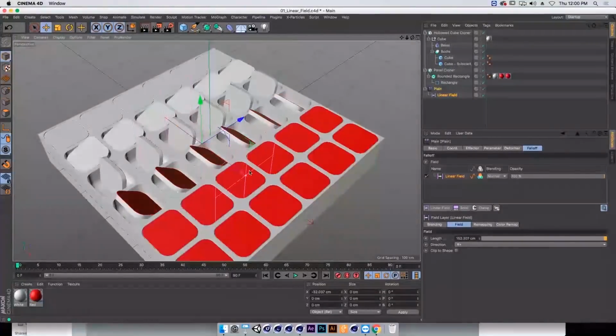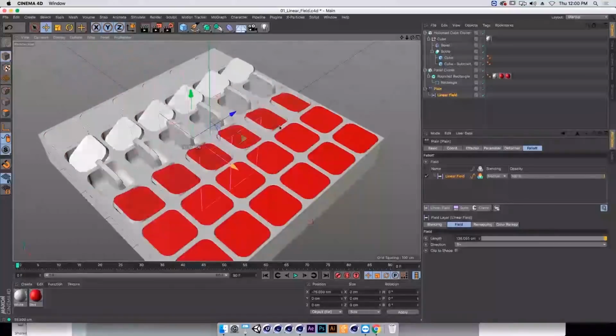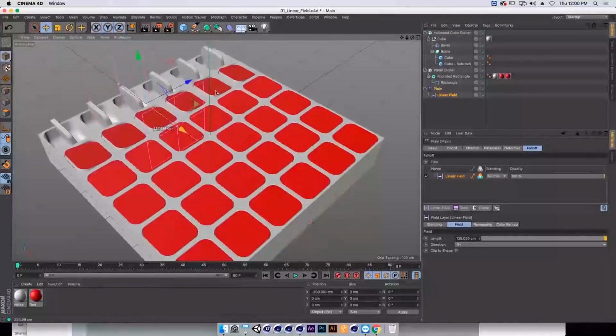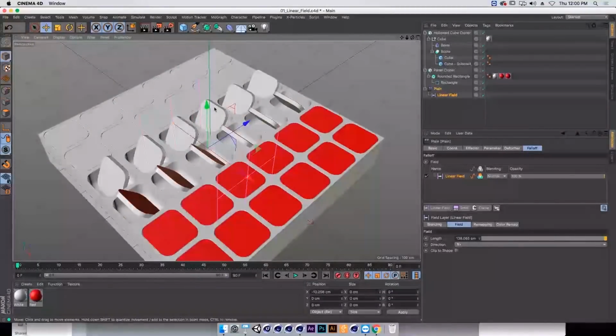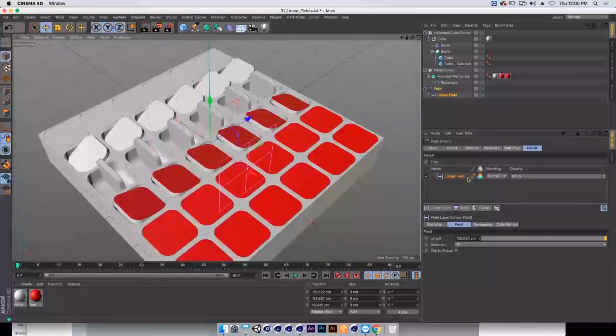Now, one thing that's new: if you wanted a linear field or linear falloff to pass through, but you wanted to randomize it a little bit to make a more interesting animation instead of something so straight-ahead linear, you would add random weights and all this kind of stuff, which is quite a few steps just to randomize what's going on here. One of the things I really love about the new field system is that if you want to randomize how this linear field is affecting these clones as it passes through, all you need